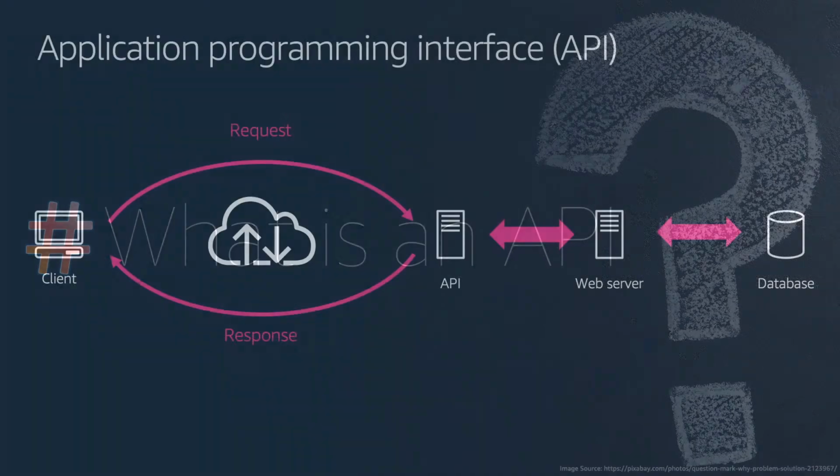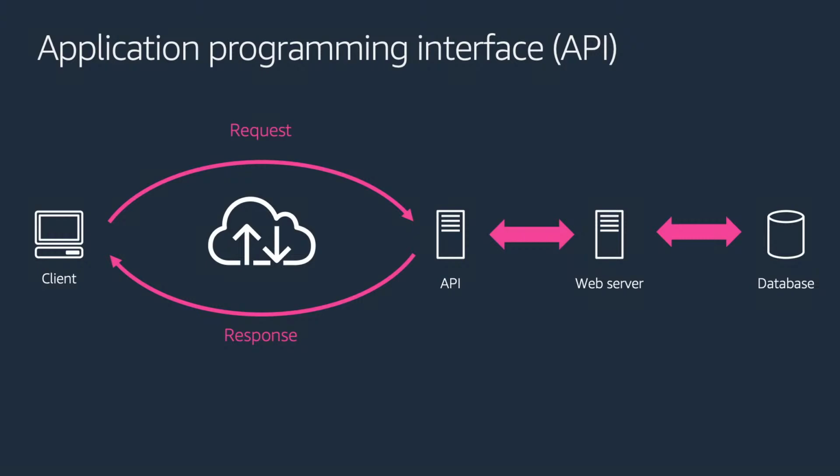If you look at it as an architectural view in a simplified way, you have the client on the left hand side, which is sending a request to an API server. That API server, depending upon the request, is going to talk to your backend web server, and if necessary, it is going to talk to your database as well. Depending upon the scenario, the response might also come back from the API gateway itself.